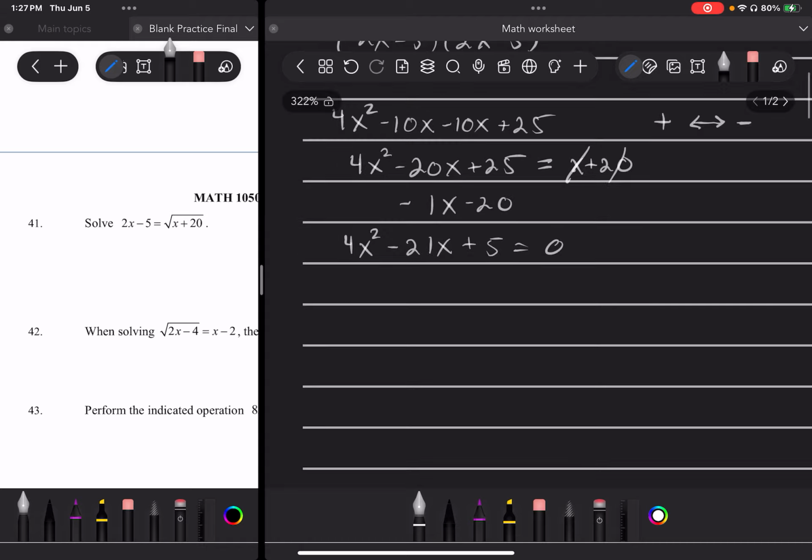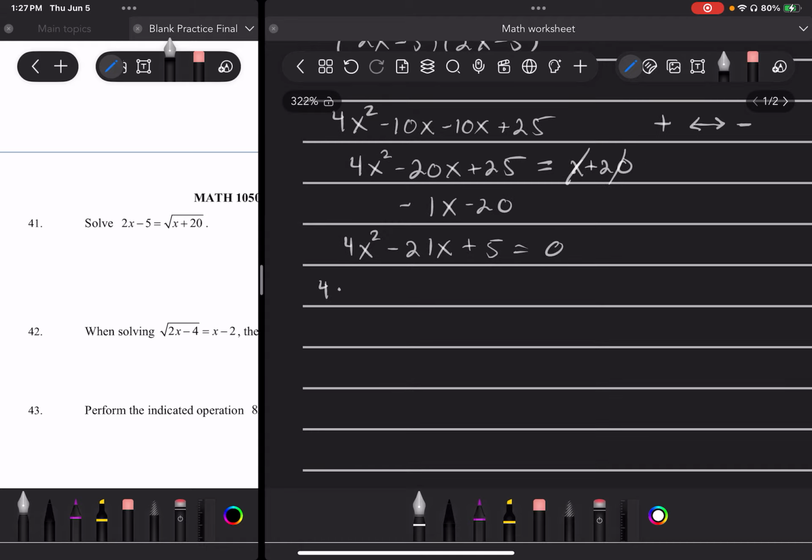At this point, we're going to figure out what 4 times 5 equals, which of course is 20. And then we need to add up to 21. So we would say negative 21 is equal to something plus something. Well, since there's only a difference of 1, we can say negative 20 and negative 1, when added together, will give us that. And those are multiples of 20. Now, because this started with 4, we have to make sure that we also divide by 4